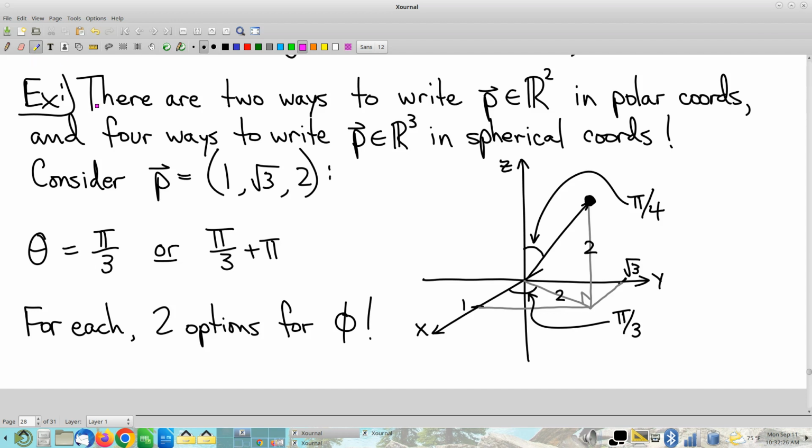Yeah, so there are kind of 4 ways to do spherical coordinates. And it's because you have 2 different angles, and roughly speaking, for each one of the angles, there are 2 different options, and so you have 2 different options for each of 2 different options. So I want to walk you through some of this, and I'm going to leave the other details to y'all as a nice exercise. So in particular, if we're talking about this point right here,